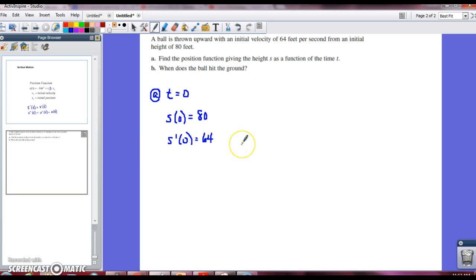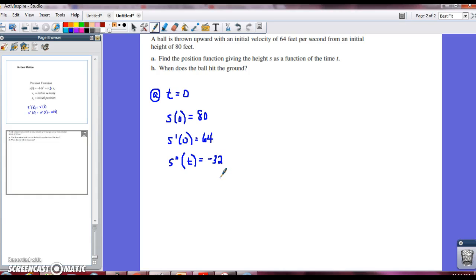Okay, so those are some things that they gave us. Remember, the derivative of the position function is the velocity function. Because we're dealing with feet, we know also that our second derivative of our position function